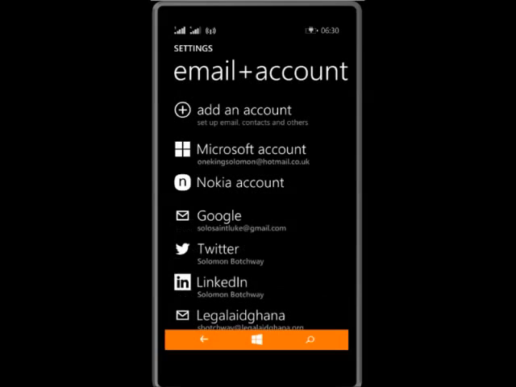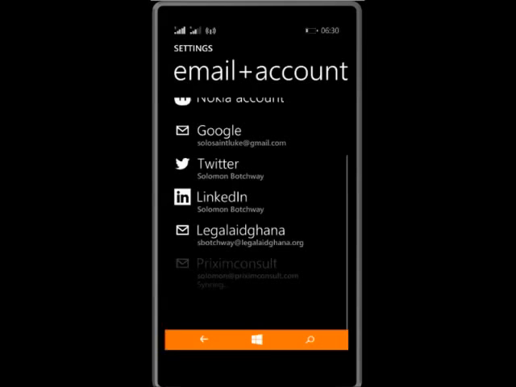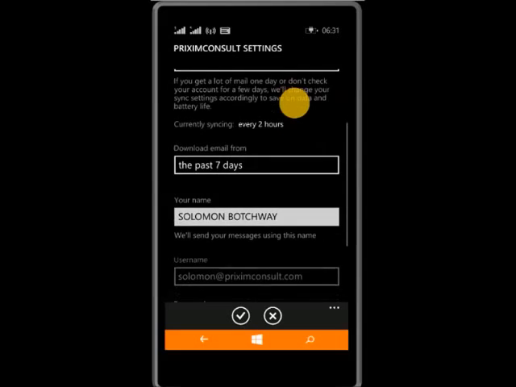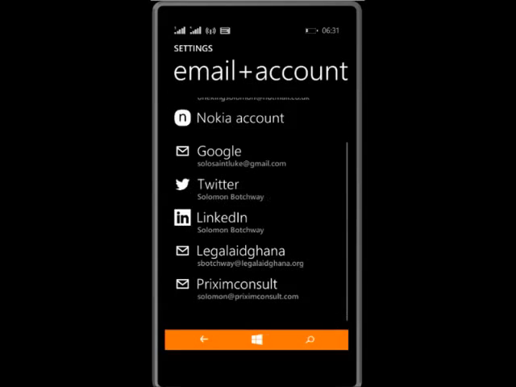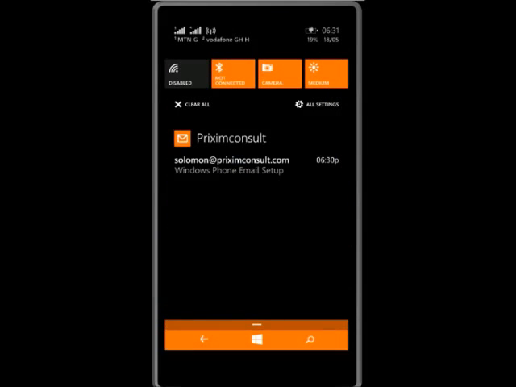Then you make sure you go to advanced. We don't necessarily need to do anything here. Then all we've got to do is to activate it now. Now it's syncing, so the email service isn't fully activated. It's syncing, trying to connect with the server, and now it is online and live. So now Prixim Consult website mail has been added to my phone,